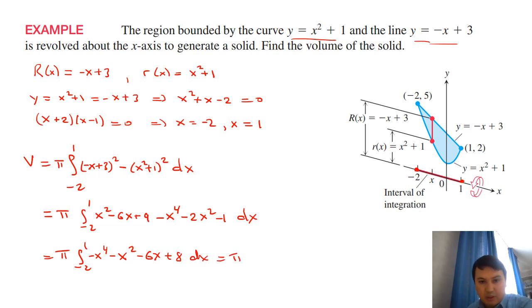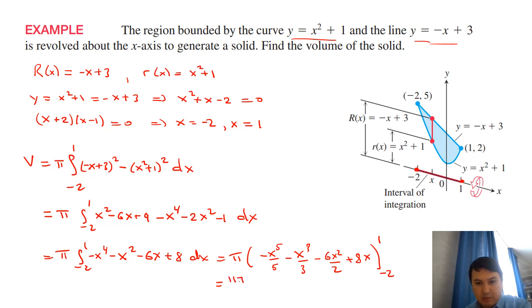Once you integrate, you get minus x to the 5 over 5 minus x cubed over 3 minus 6x squared over 2 plus 8x, evaluated from minus 2 to 1, which gives us 117 pi over 5. Alright,